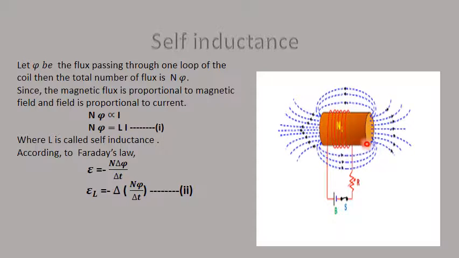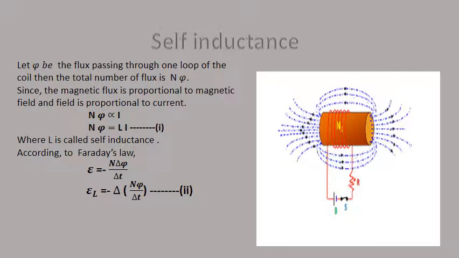Now as you can see in this figure, there is a switch, a battery, and a rheostat, meaning a variable resistor, connected with the coil, and this coil has many turns. So these many turns help us increase its flux linkage, where flux linkage is N phi. So the number of loops will increase the magnetic flux. So overall the flux linkage will change.